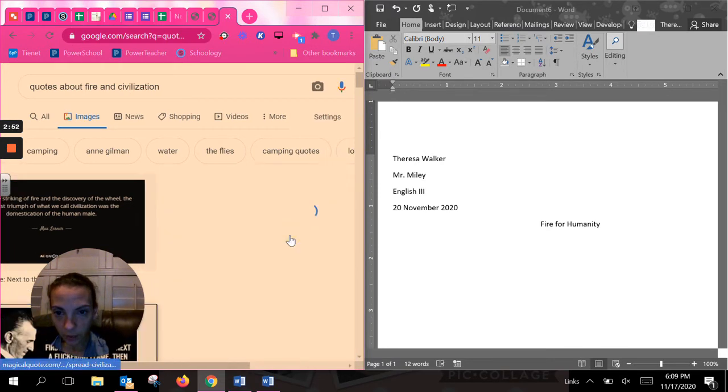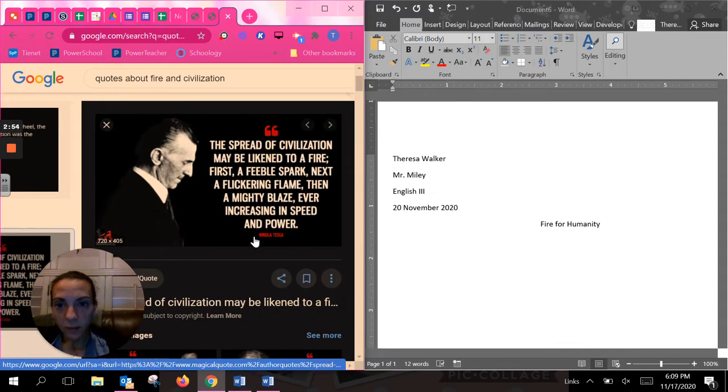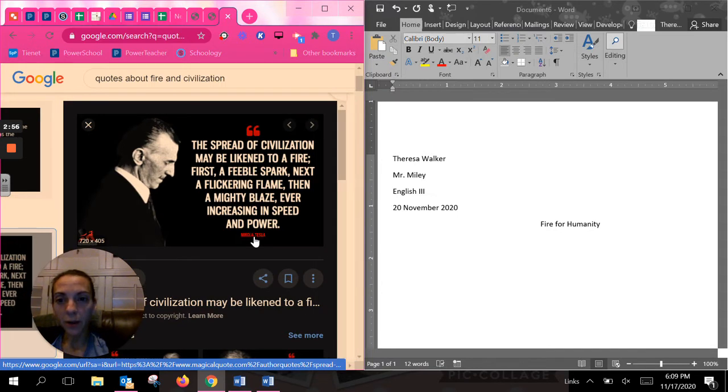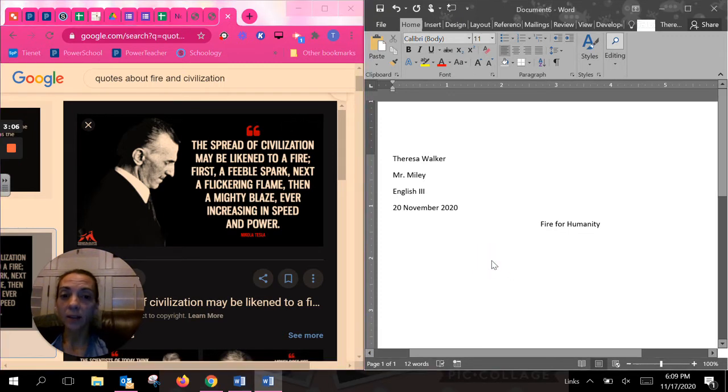So this one looks good. "The spread of civilization may be likened to a fire, first a feeble spark, next a flickering flame, then a mighty blaze, ever increasing in speed and power." That makes sense because remember, the boys put the entire island on fire. So I'm going to write Nikola Tesla